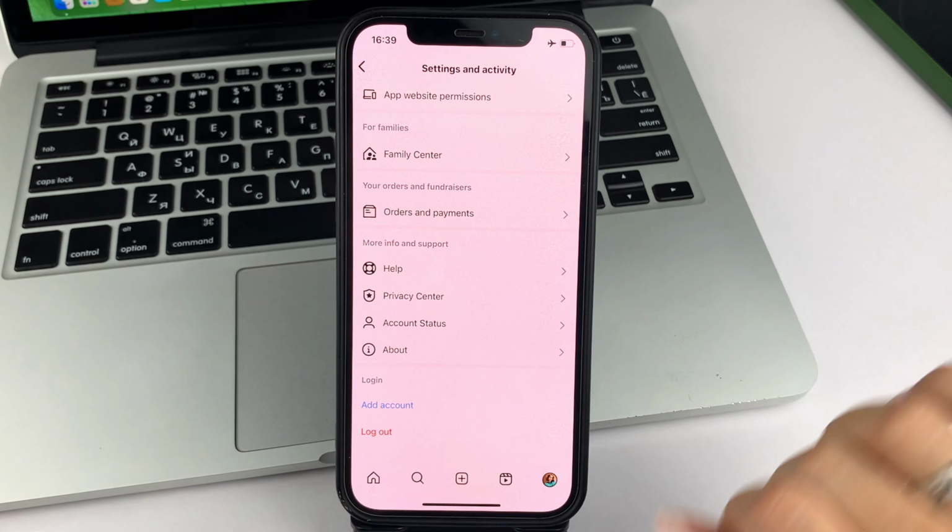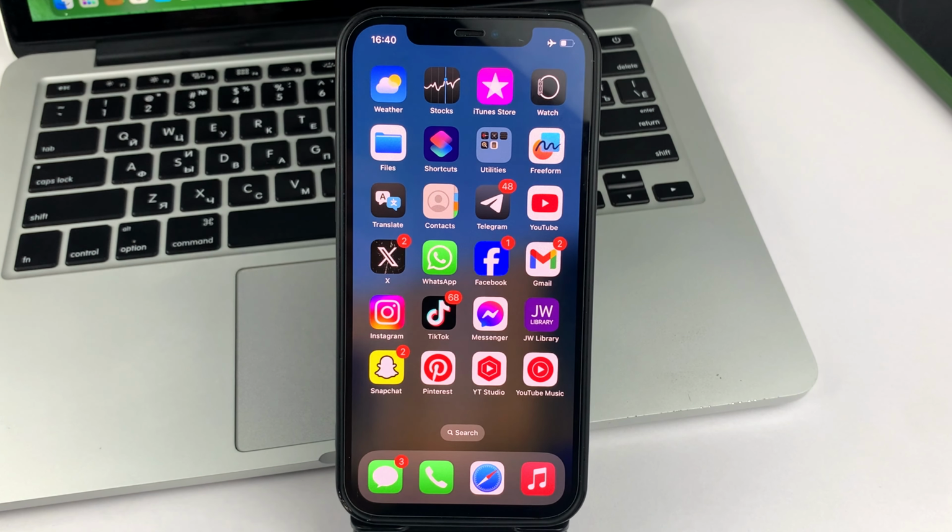This is the way, friends, you will be able to quickly and easily read any posts on Instagram without anyone